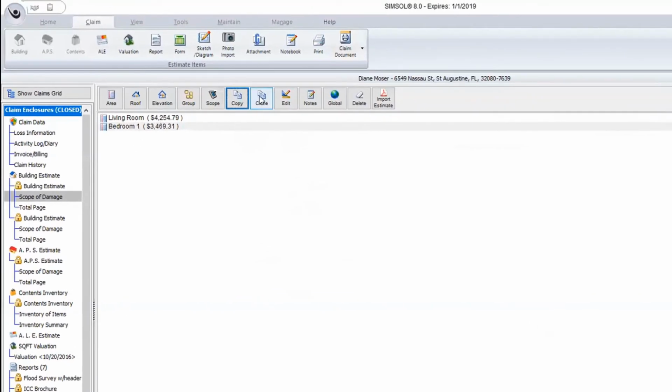I'm not really going to go into the clone. Clone is just 2 or more rooms. So if you need to make 2 or more of these, you would use the clone option instead of the copy. Okay. There's also a global function, but what you want to do on the global, guys, is you want